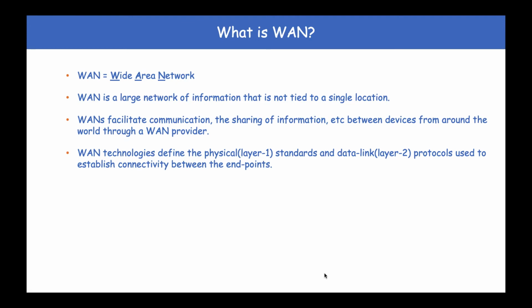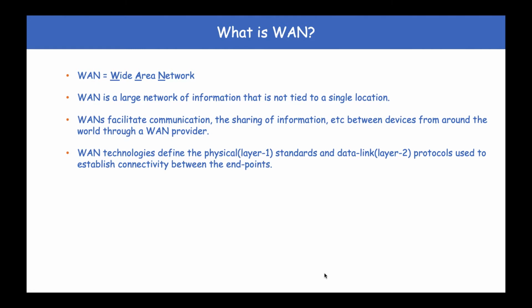WAN, or Wide Area Network, is a large network of information that is not tied to a single geographical location. It facilitates communication and sharing of information between devices which are not present in a single geographical location, usually through a WAN provider, or in normal terms an ISP or a TSP, that is an internet service provider or a telecom service provider. The WAN technologies that we'll be discussing today refer to the physical standards, which is layer 1, and the data link protocols used to make this connectivity possible, that is layer 2, between